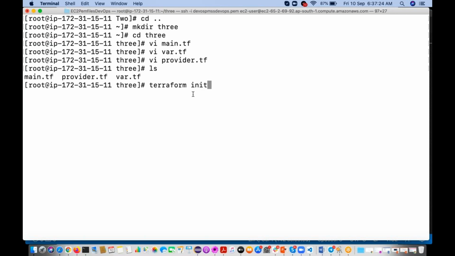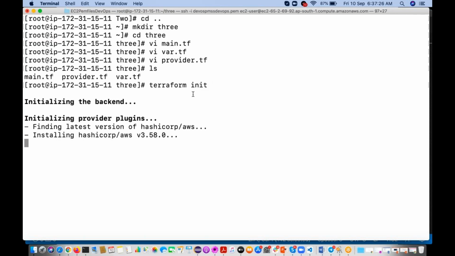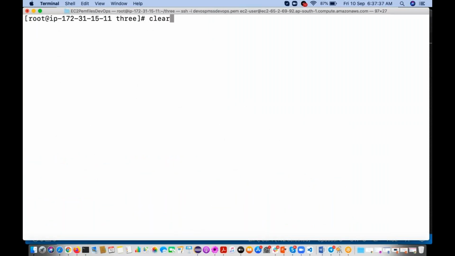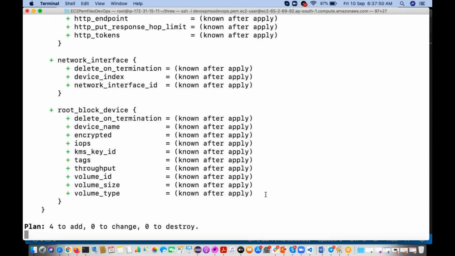Right. So now, if you go and execute terraform init, first you have to execute this command. It's executed. Then terraform apply hyphen auto approve. So now also it is going to create with the same names. Now I will show you.